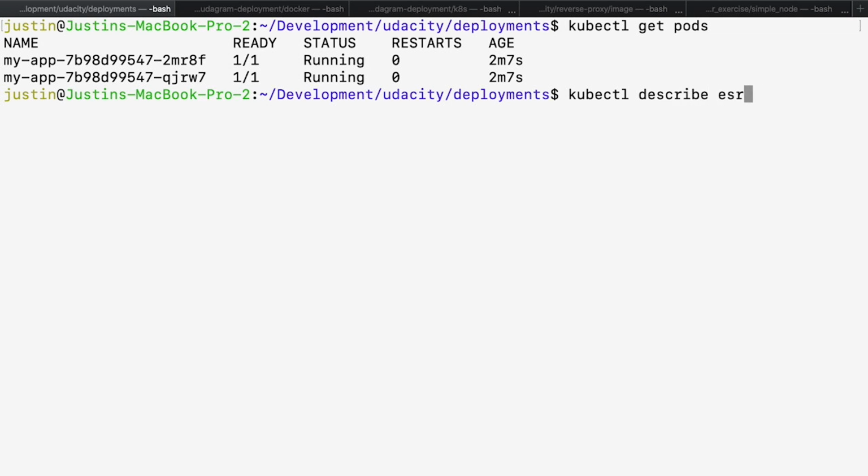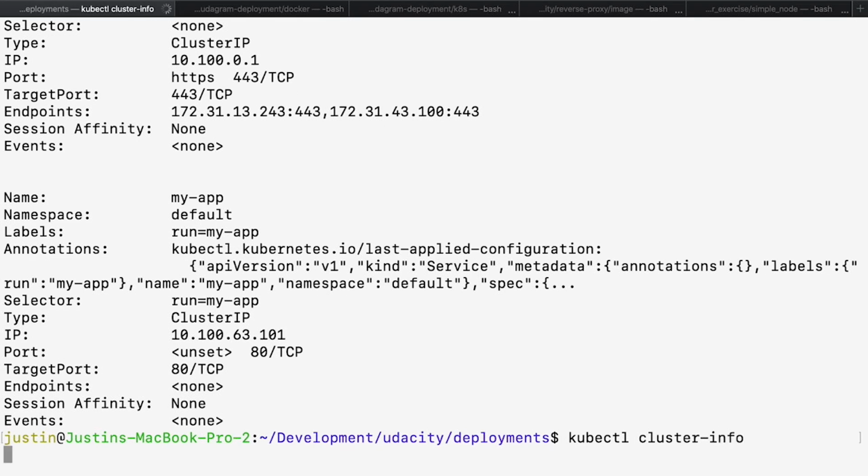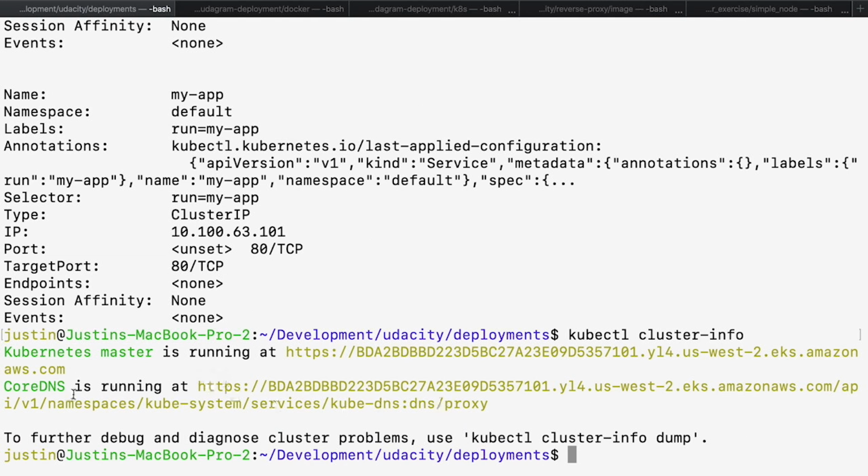Now I can run this command to have Kubernetes give me some information about the services that are running on the cluster. As we can see, we have the My App service running inside of this cluster, and some additional metadata was also provided, such as the port that it's running on or the IP address that the cluster uses internally. Great. So let's say I don't care too much about the services or the pods, and I want to get some more details about the cluster. I can run the command for kubectl cluster-info, and this is going to print a bit of information that I can use to diagnose or understand what's happening with Kubernetes.